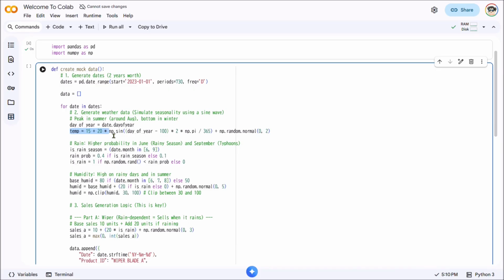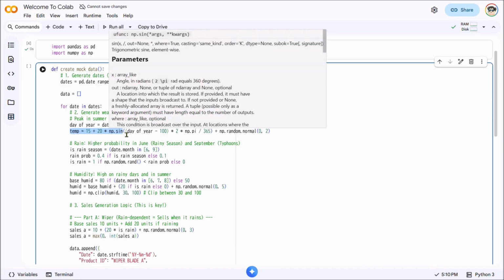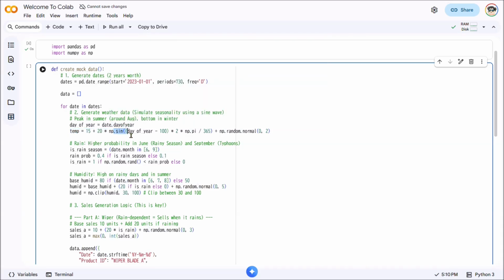This is the logic we are using, and we use the sine function for this. The sine function oscillates between -1 and 1, and by inputting this along with a random value, we configure the temperature to peak in summer and drop in winter over a cycle of roughly